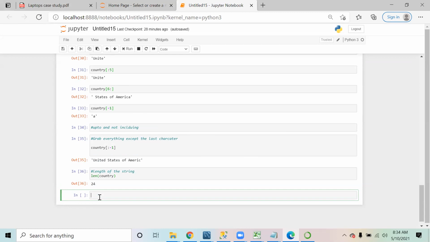Amit, if we want to print some random letters, then... See, you don't have a function for random letters, you have a function for random numbers. Now, in the same string, if I want to print United and then a gap and then America, omitting States of.